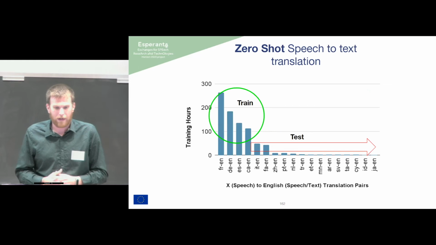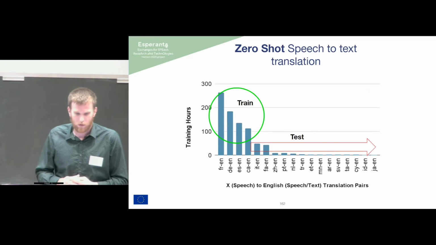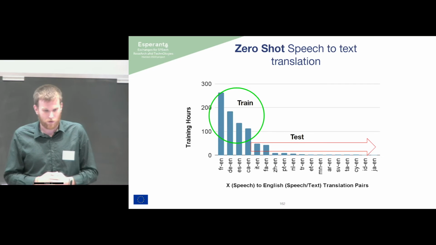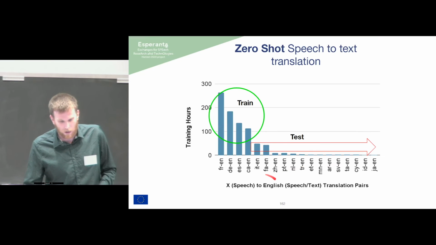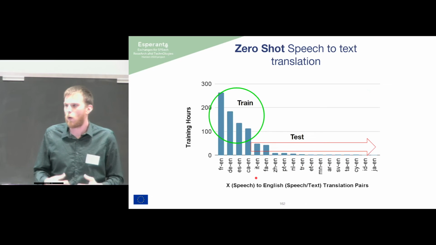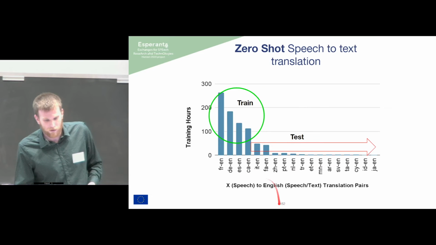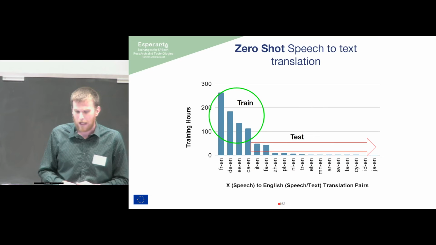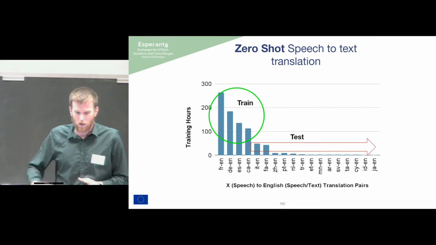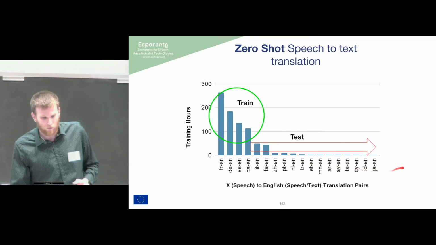Okay, so our final experiments on the speech-to-text translation task were aiming to do zero-shot translation. I will explain now what we mean by zero-shot. In our experiment, we are taking the languages with more than 100 hours. These are the high resource languages. Once here with more than 100 hours, we are training a system only on those, in this case, 4 languages. And then we are testing on the other languages in the data set. So that means that the model hasn't seen any of these languages in training.